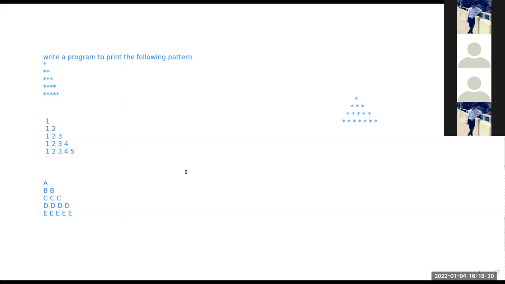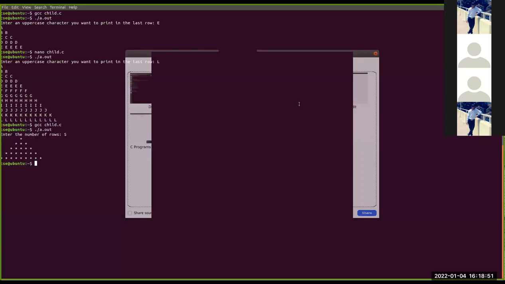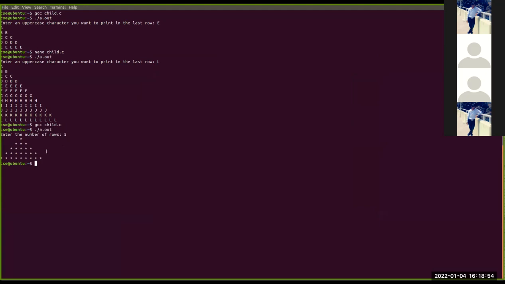So this is all for today's class, and the last one will be on your own. If you are able to solve it, then it's good. Otherwise, we are going to start the discussion from this particular pattern problem. But before closing, let me show you this output screen. You can see, yes, this pattern can be drawn. I have done the program already. So this is the last program for today's class. By 6:30, all of you need to submit the PDF file into the given link.